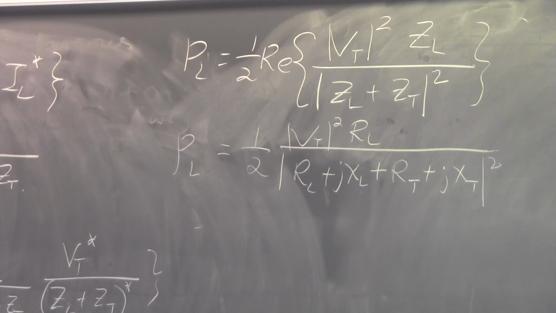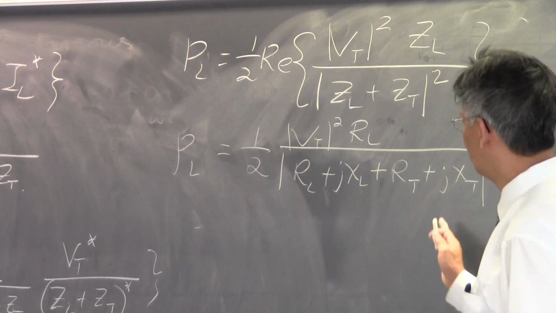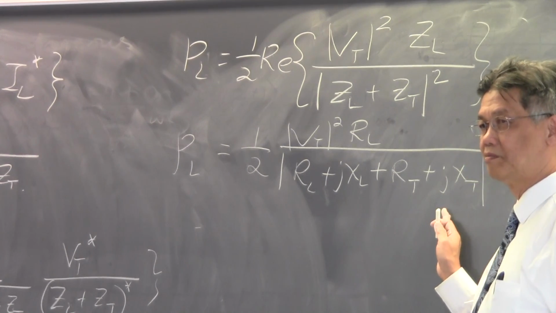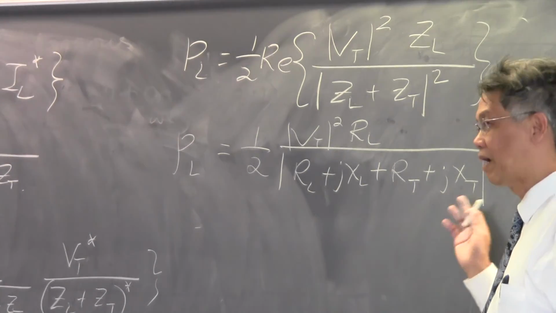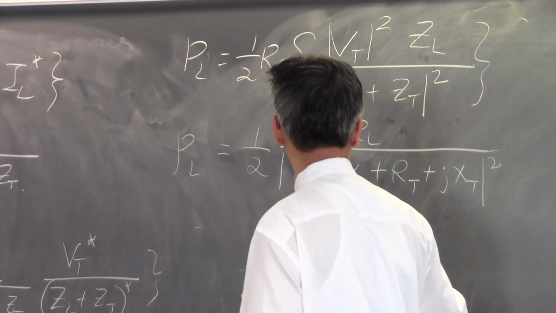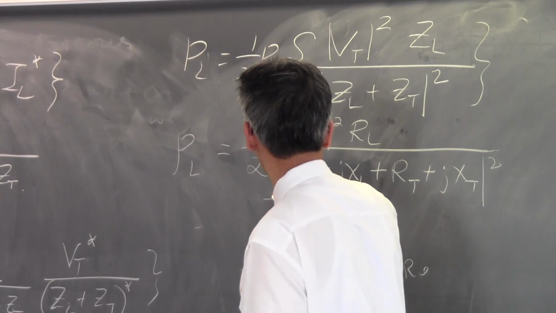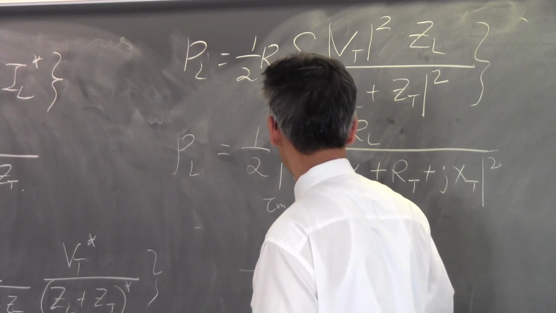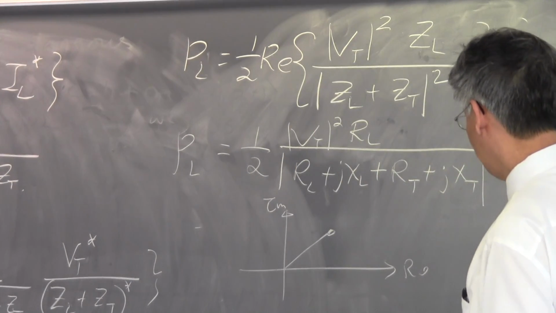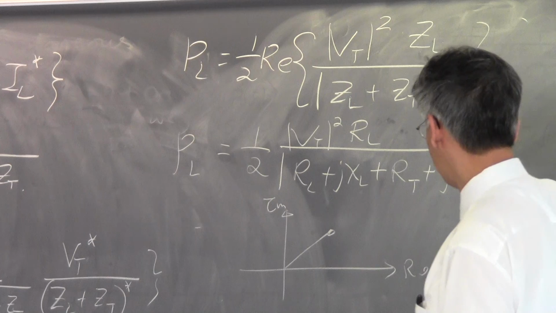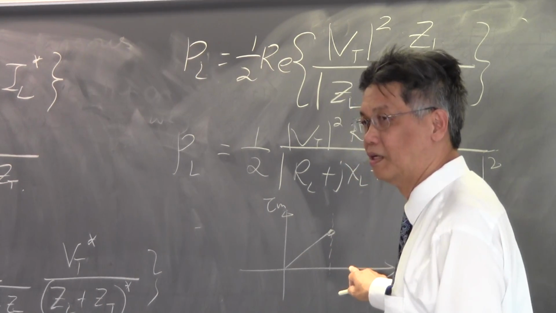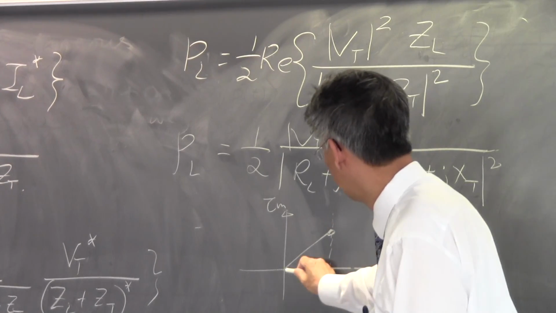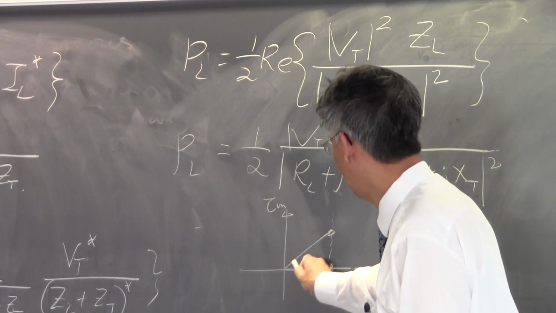How would I make this thing the maximum? To make it the maximum, I like to make the denominator as small as possible. Okay? One way to make the magnitude of the denominator as small as possible: it is a complex number with a real part and an imaginary part. And to make its magnitude small, one way is actually that the imaginary part can be squeezed to 0. If you make the imaginary part go to 0, then its magnitude will be smaller. Okay? If it has an imaginary part,